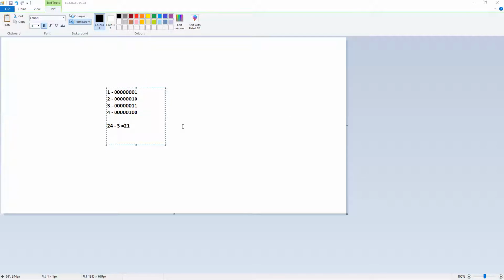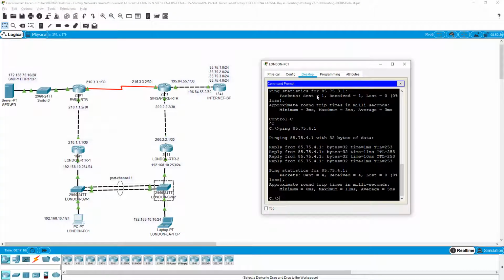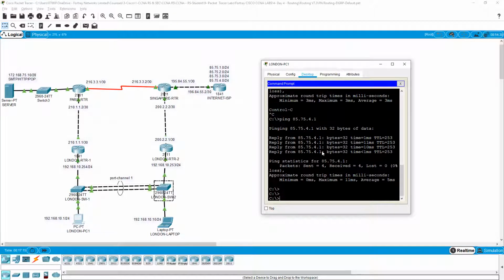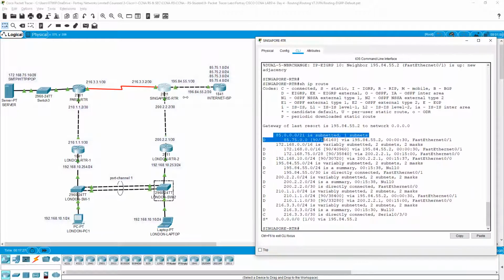And you can see, magically we can reach all the networks from here, 1, 2, 3, 4. Rather than advertising all of them, we are still advertising them, but we are also advertising the summary route. So rather than this router advertising all 4 routes, it just advertises 1 route, but the connectivity is still there. Connectivity has no problem.